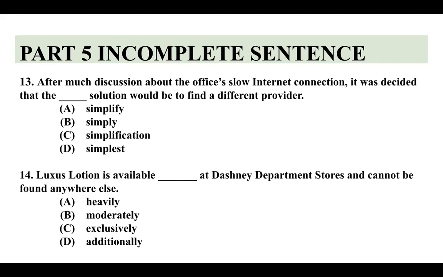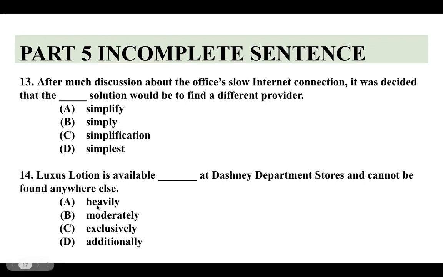Moving to next question, next would be 14: Lux lotion is available blah blah blah at Disney department stores and cannot be found anywhere else. ตัวนี้เป็น key นะครับ ไม่สามารถเจอที่ไหนได้เลย heavily available, heavily ได้ไหม make sense ไหมครับ สังเกตว่า word choice ที่เขาให้มาเป็น ly หมดเลย เพราะฉะนั้นเราต้องดู meaning heavily available, moderately available, exclusively, cannot be found, exclusive แปลว่าพิเศษนะครับ additionally เพิ่มเติม cannot be found ไม่ค่อยได้เจอ ช้างเผือก exclusive ใช่ป่ะ ตอบข้อไหนดี 4 ครับทุกคน พิมพ์ 4 เข้ามาเลย